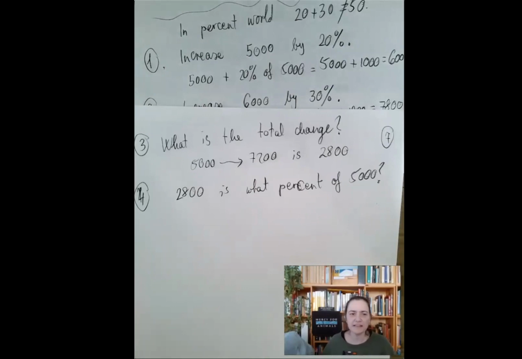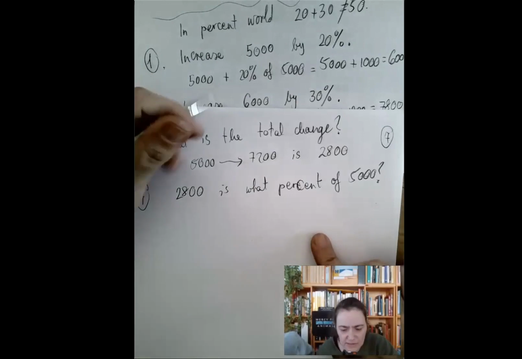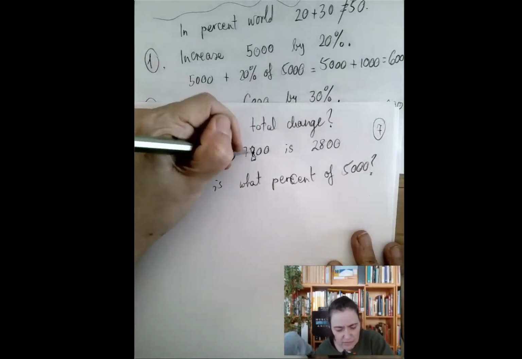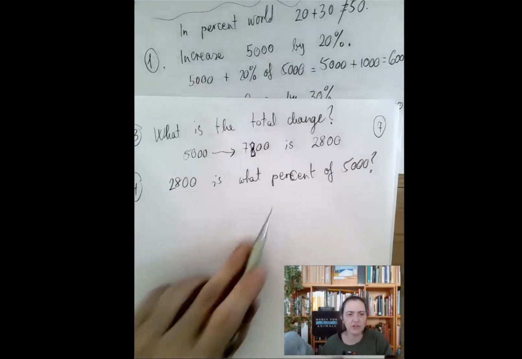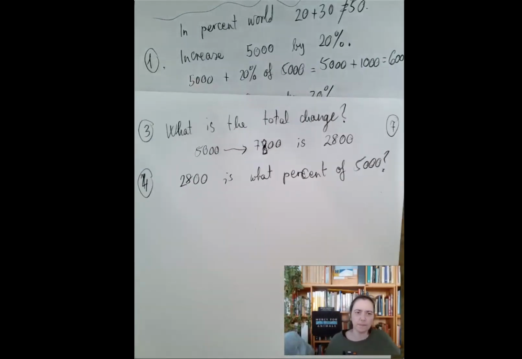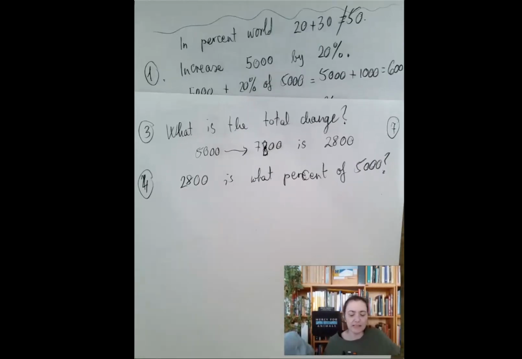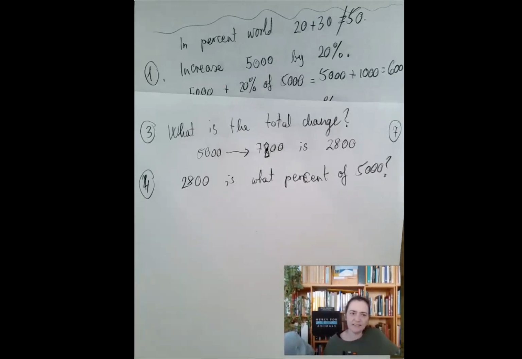So basically we're asking, going from 5,000 to 7,800 in one big swoop, 78, not 72, right? So this as a single change is what percentage of a change, which is the same thing as asking 2,800 is what percent of 5,000. And it's clearly more than half, right? Half of 5,000 is 2,500. This is more. 56%. So in percent world,